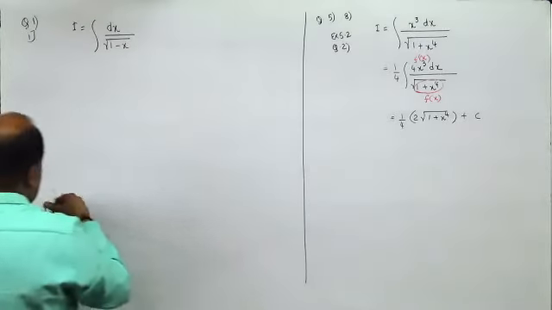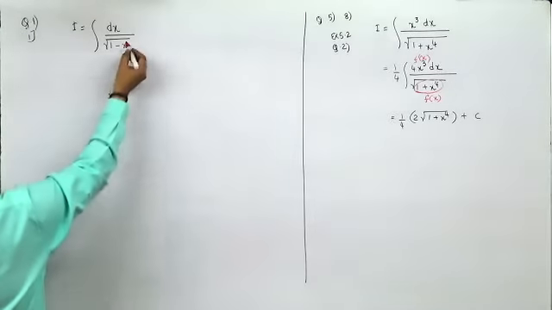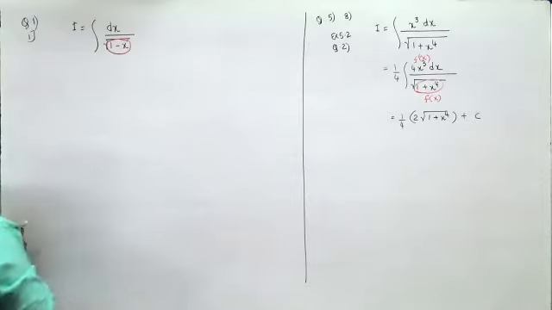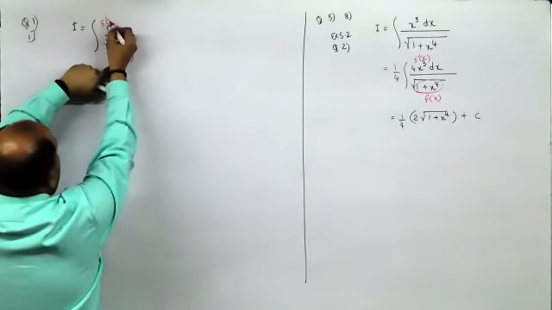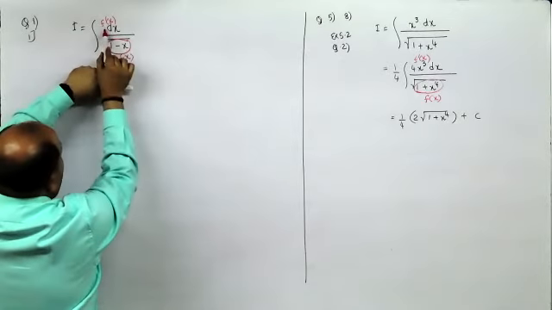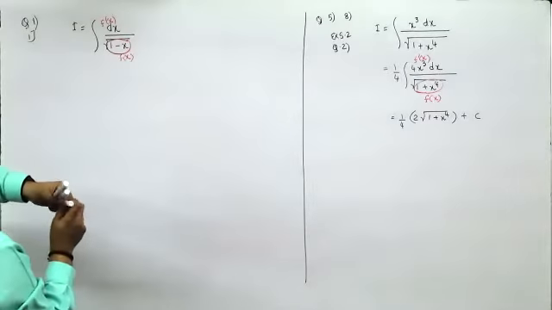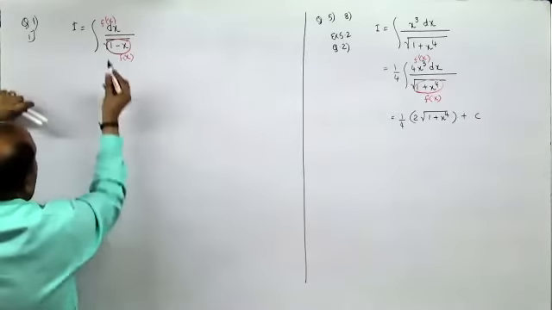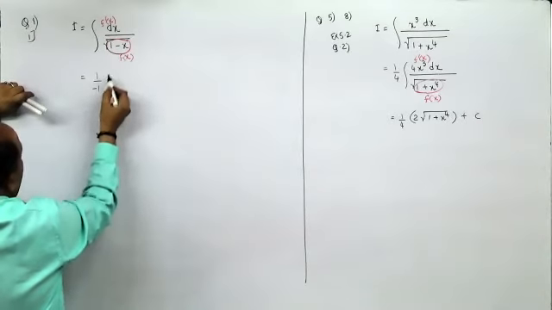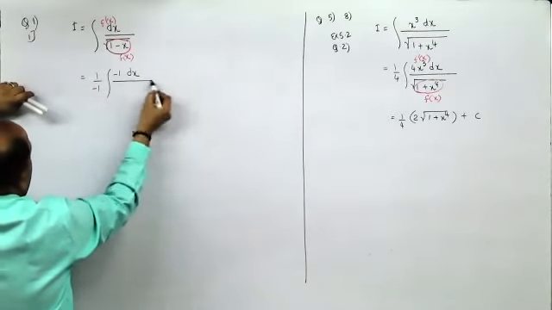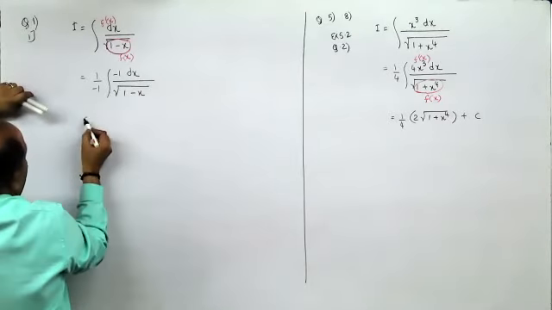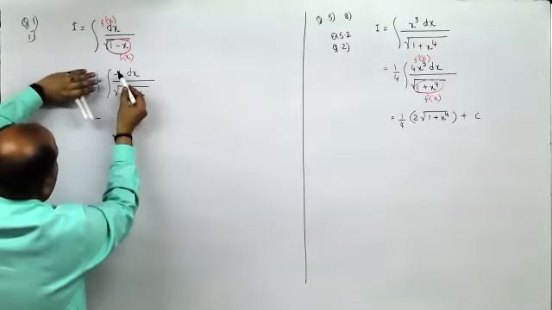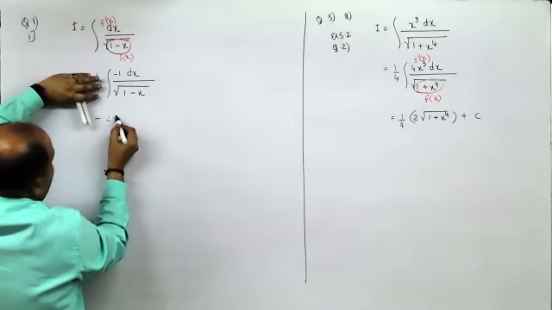Now, if you observe, this is linear and therefore I can treat this as an x term. So 1 upon root x. This is f of x and its derivative is f dash x. Now for f dash x to be its derivative, you should have minus 1 here. So what I'll do is, I'll write here first 1 upon minus 1 into minus 1 dx upon root 1 minus x, so that this is f of x and this is its derivative. So the answer would be minus of, now it is f dash x upon root f of x, so it would be 2 root 1 minus x plus c.